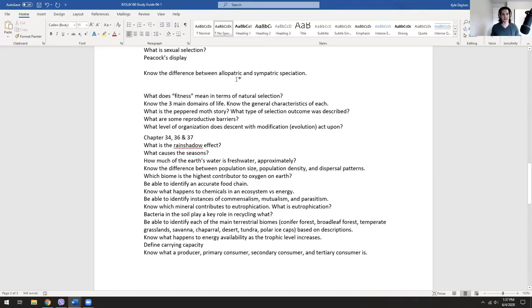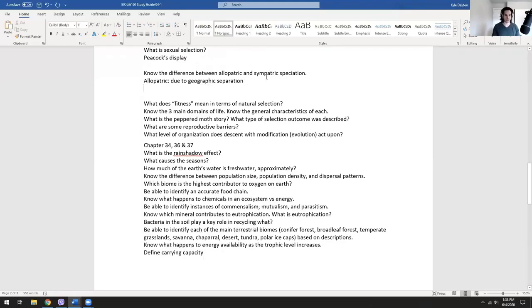All right, so know the difference between allopatric and sympatric speciation. So allopatric is due to geographic separation. So this is speciation, and speciation is the genesis or creation of a new species. So allopatric is going to be due to geographic separation, and sympatric